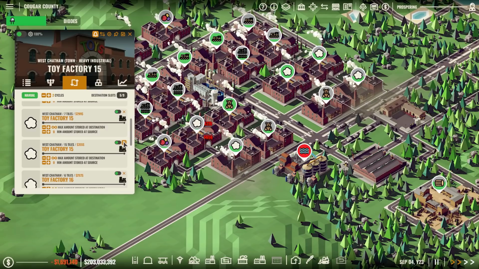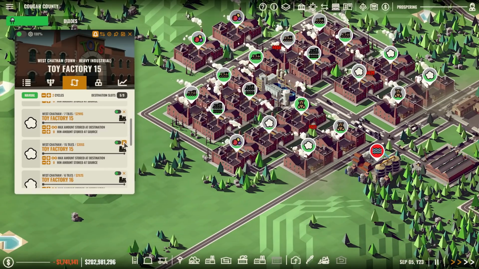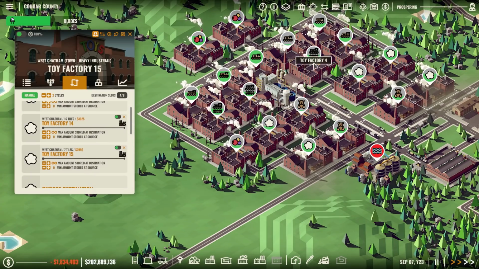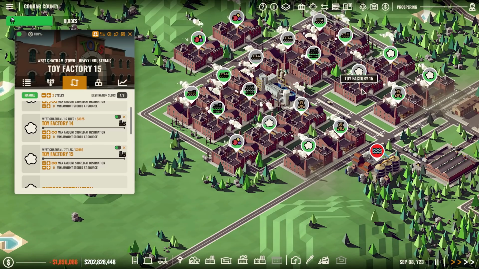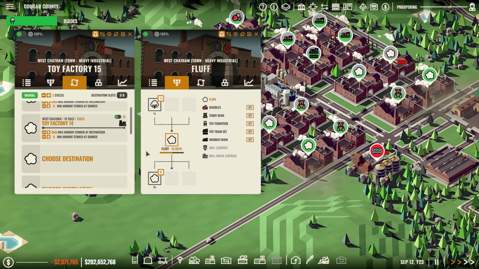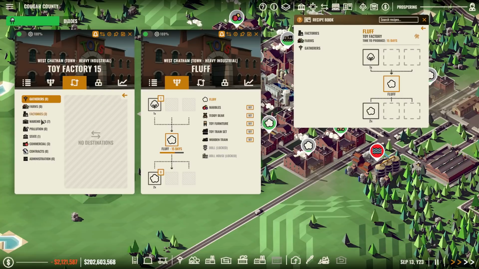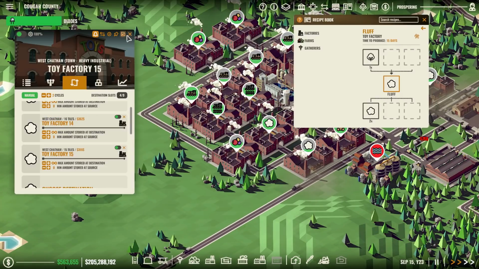So you should not be sending... Why... It's sending it to 2 Toy Factory 15s for some reason, which there may, in fact, be 2 Toy Factory 15s. Yeah. Let's change this to fluff so that we know that it's not this one we want. That's the one we've got. Shoot. See, that was the problem. It was sort of sending it to the wrong one. Choose destination, the factory, Toy Factory 15. And now let me